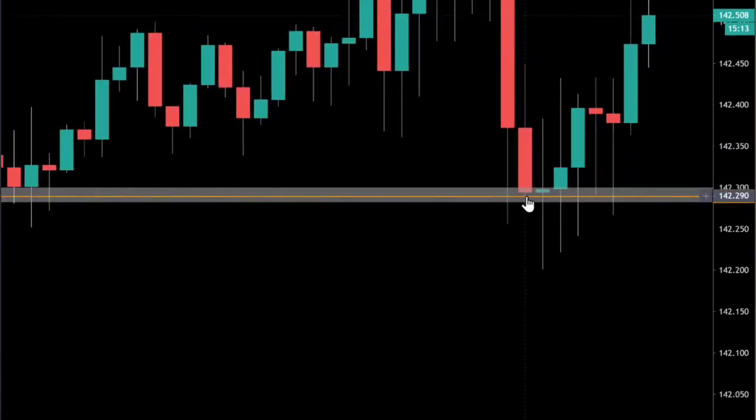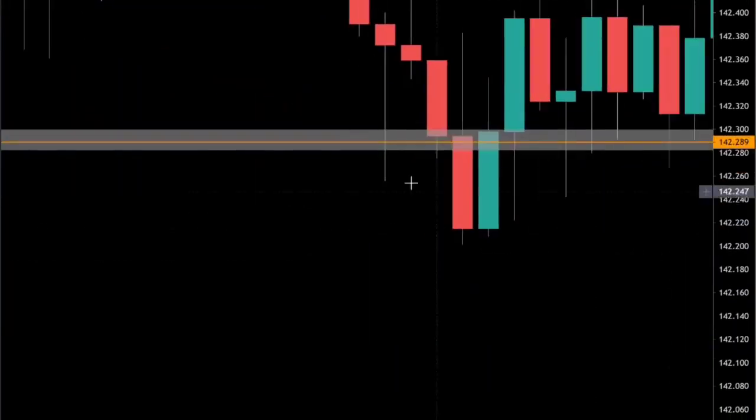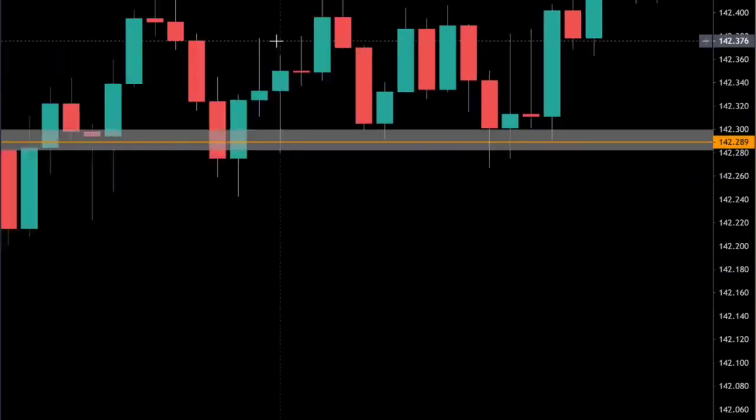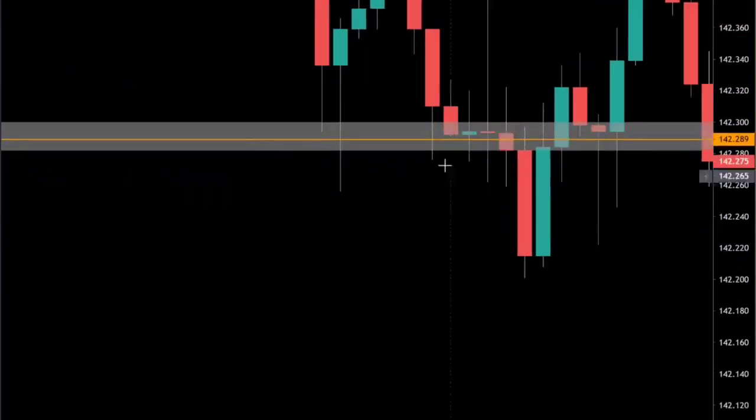So when the 30-minute candle closed at the support, we were thinking about, okay, since there's volume in the market now, and if we're closing below support, there's going to be a high probability for the next candle, once it breaks the low, for price to continue down. So we drop down to the 5-minute time frame, and this is where the sell was taken right over here,